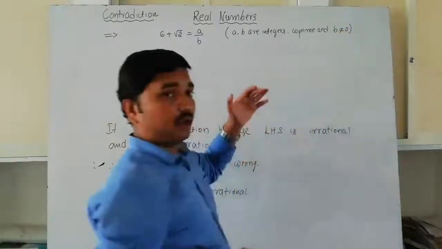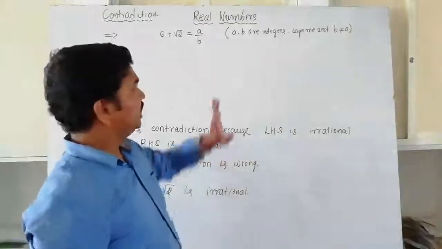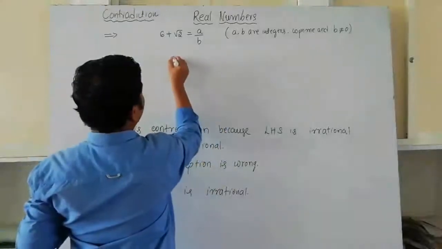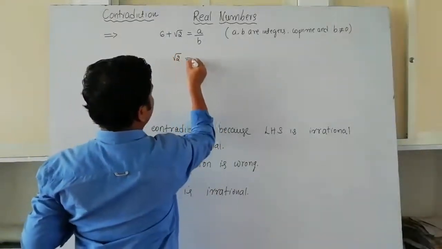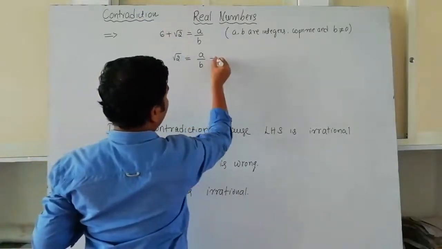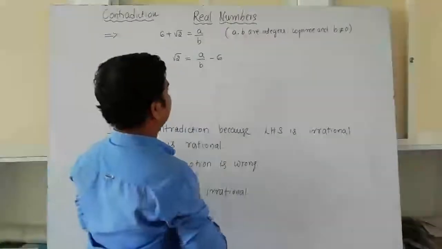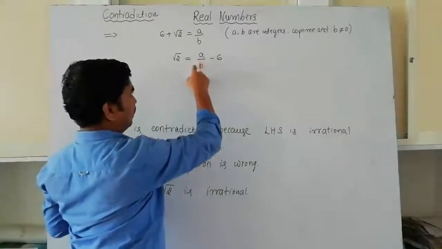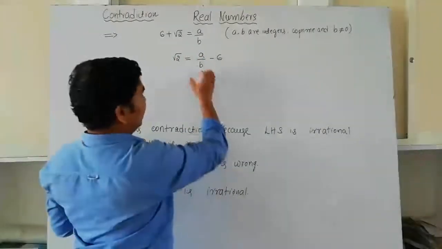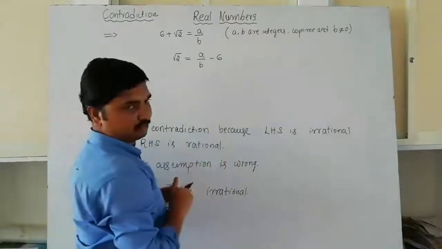What we have written in the previous problems, like root 2 is irrational, the same sentence I am going to write here. Now after this you need to write root 2 as it is, equal to a by b, and then I am going to shift the 6 towards the right hand side. It will become minus 6. So in the next step, when we write this in the form of a by b, to proceed you need to take the LCM. It is 6 by 1 here, a by b, b and 1, the LCM is b, like that.